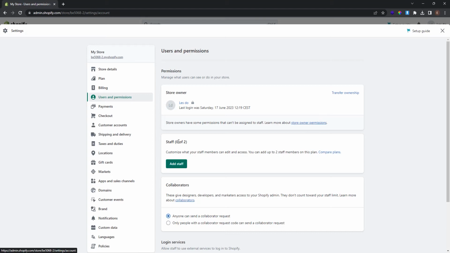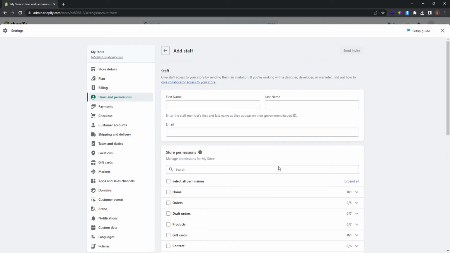Now here at the second section you can see staff. To add staff you need a premium plan. In my plan I can add up to 2 staff members. So click this button, add staff, and now you can give staff access to anyone. Type the name and the last name. Type the email